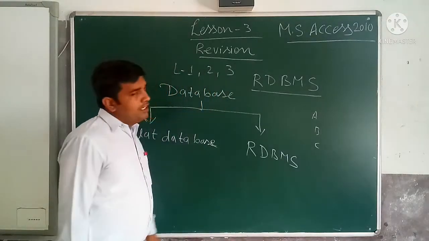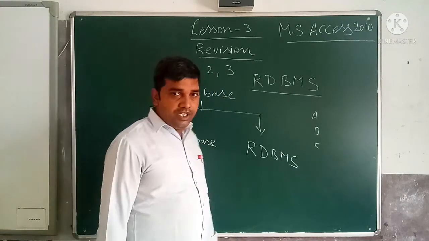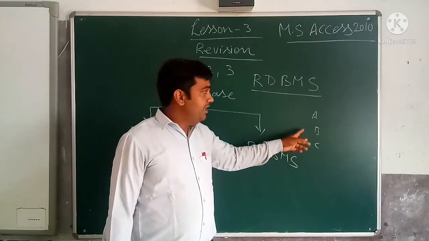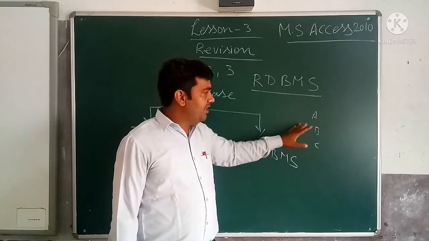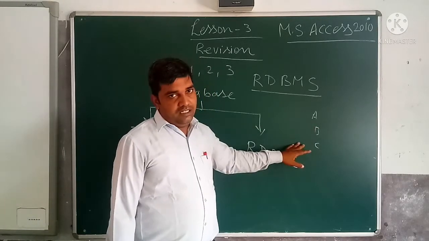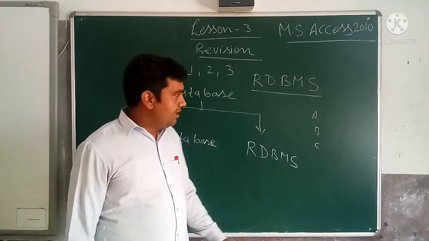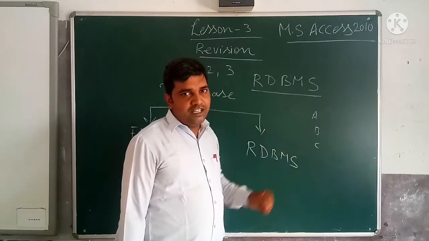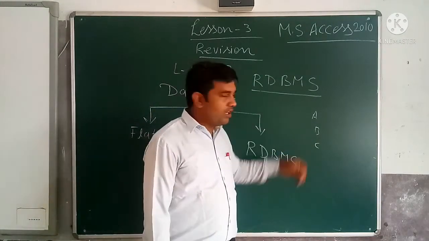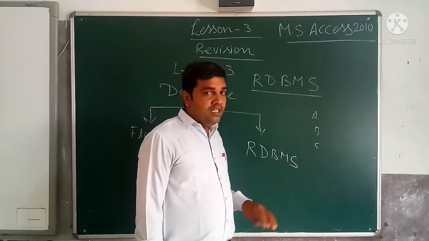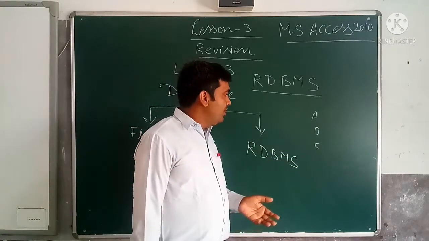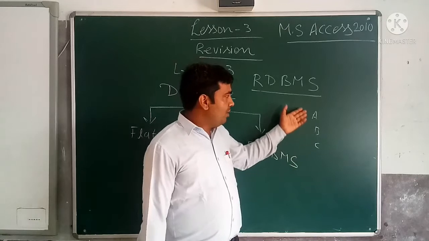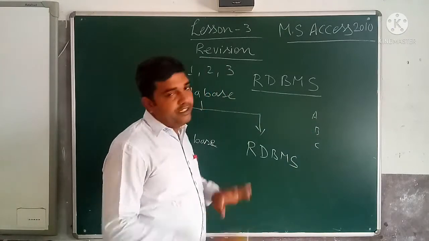So this DBMS is an organized way of storing information such that it helps us to access the data, means retrieve the data, process the data, and update the data. Whatever information you stored, you can easily retrieve and access very fast, because it is stored in an organized manner. It will not take time. Second, it is also used to store a large amount of information, thousands of records, thousands of persons' contact numbers.